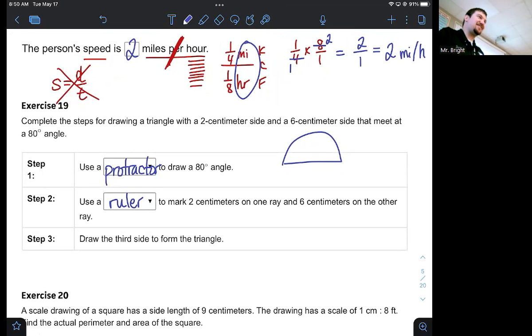That's right. Nice job. They gave you one of the sides, 2 centimeters. They gave you another side, 6 centimeters, and then they told you that they meet at an 80-degree angle. And so when they give you the side, the angle, and then a side, that is a SAS triangle, and that is one of our descriptions of a unique triangle. That means that if I said, okay, I need everybody to draw this triangle, if I go around and look at all your triangles, they will look exactly the same. There will be no two triangles that are different,